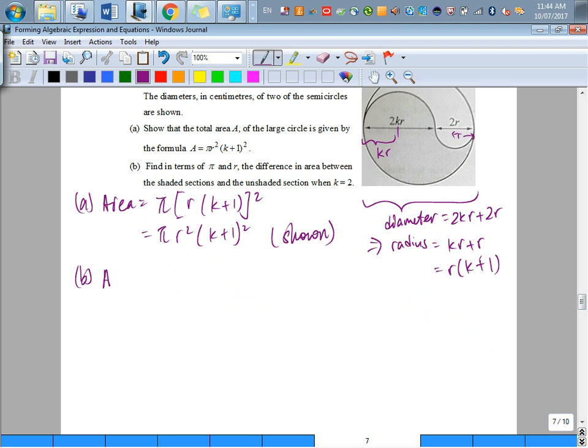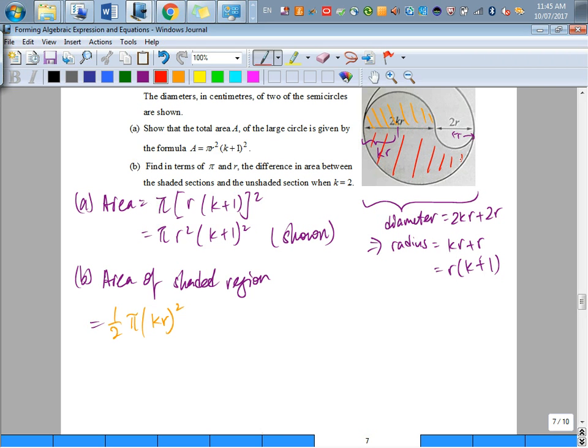So area of shaded region is equals to, let's consider this area first. In orange, we have half times the area of the circle, which is pi, and then the radius is kr. Okay, this is in orange. Then we need to add that to this region,